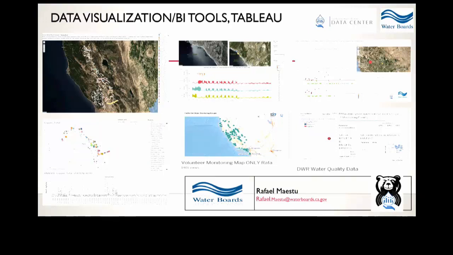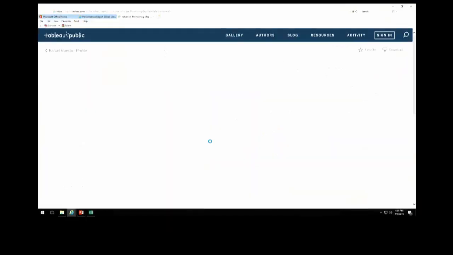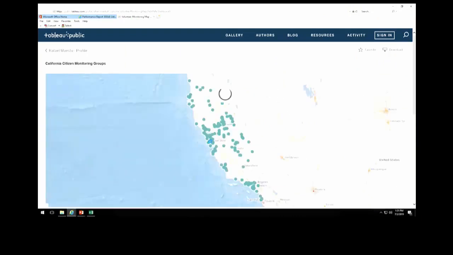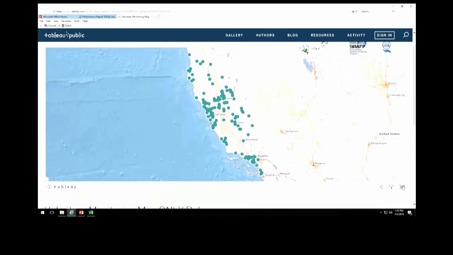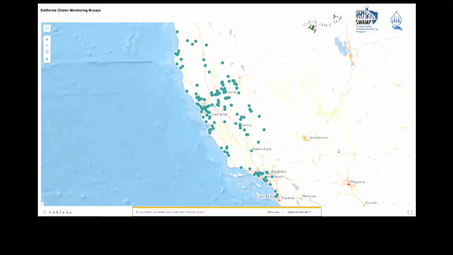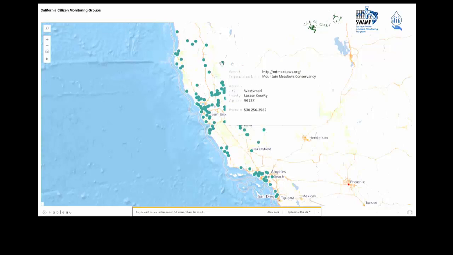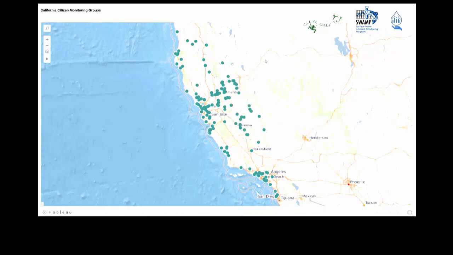Because we are the citizens monitoring group, I want to start by showing you an example of something that I put together. It took me probably 10 minutes, but because it's relevant to this group, it's a map of all the citizen monitoring groups. And this is live. As Webb was showing before, it's a simple map where you can see the locations for monitoring groups, and you hover over and you have information for that one. So you look for that watershed, and you're interested in working with that group. This is the group that you can work with.